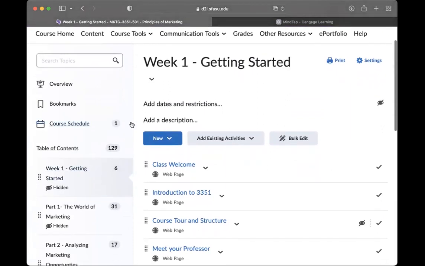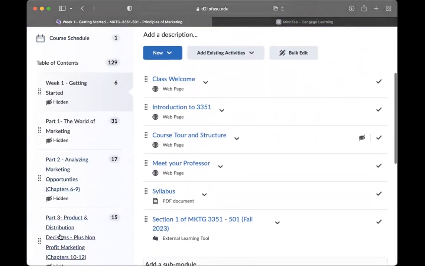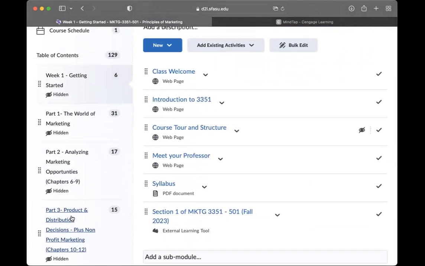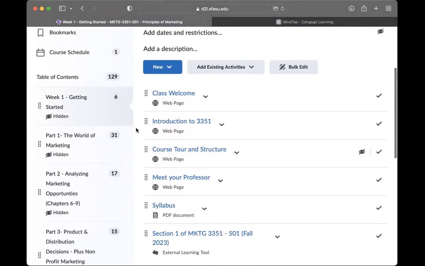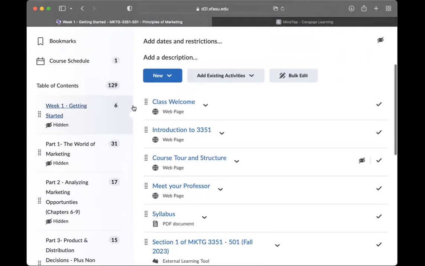So as you can see, you get here. A lot of this is hidden. I open up each section as it becomes available in the course. I like to pace you through the course. I'm not a professor who opens up everything and lets you take class assignments all at one time or anything like that. So the expectation is that you will get in and you will look at this course every week, every weekday for the most part, and be engaged in the process.